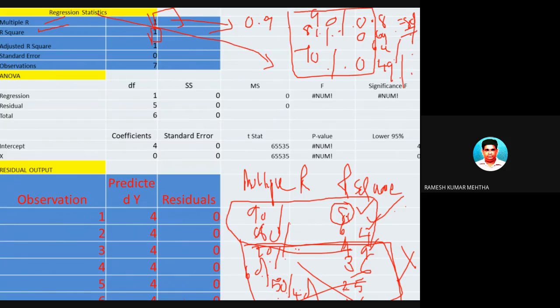So now what does this mean? 81% means the dependent variable is explained by the independent variable or variables to the extent of 81%. Hope you have understood it. The independent variable is explaining the dependent variable to the extent of 81%. So that model is strong to the extent of 81%. So anything more than 50% is accepted. Below it, the model is weak and we reject the model.